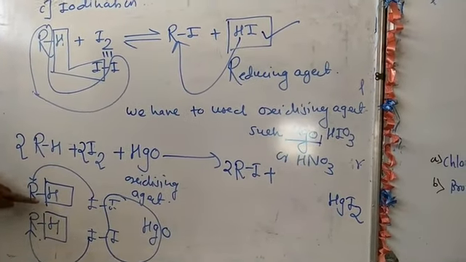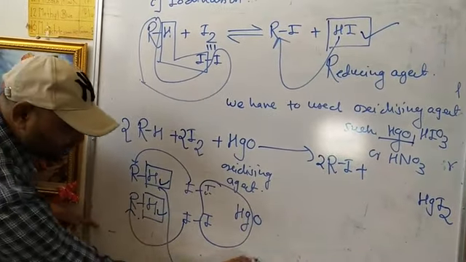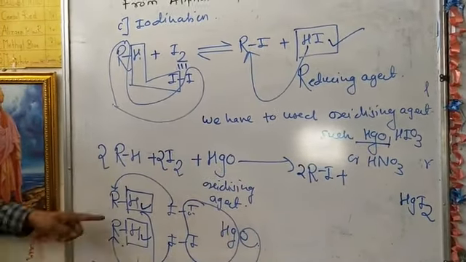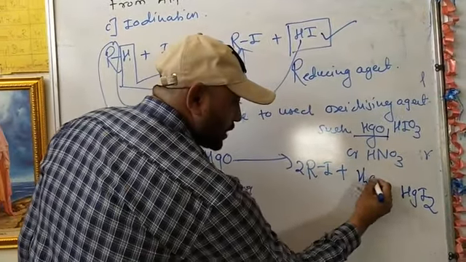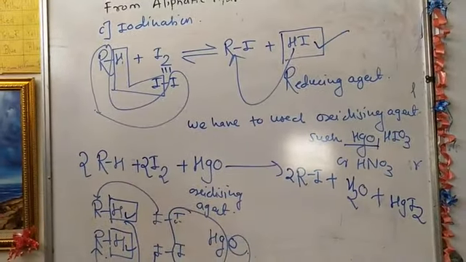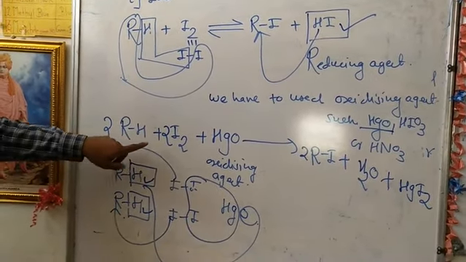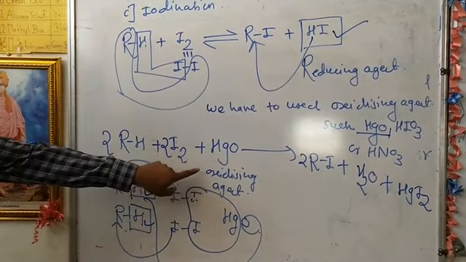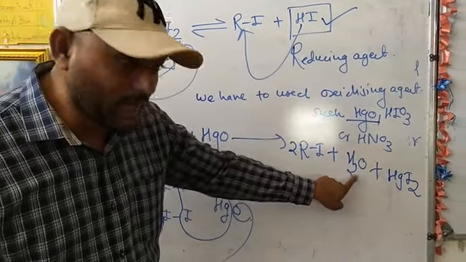And what loses? 2 hydrogens, 1 and 2, combine with oxygen, forming H2O. So in this reaction, the iodination of alkane in presence of an oxidizing agent gives alkyl iodide, forming the byproducts water